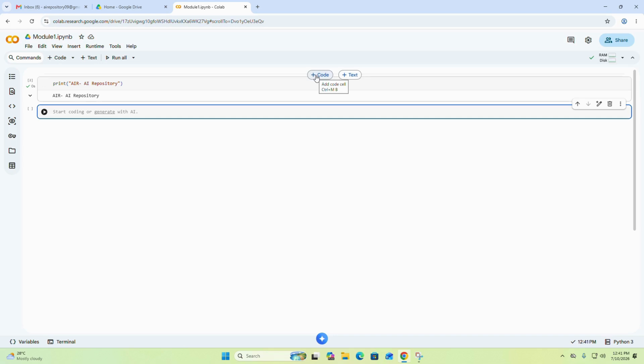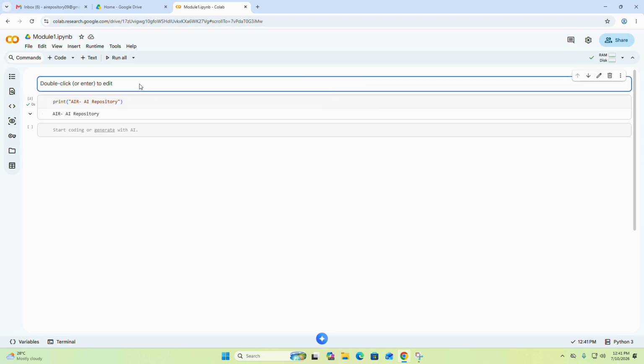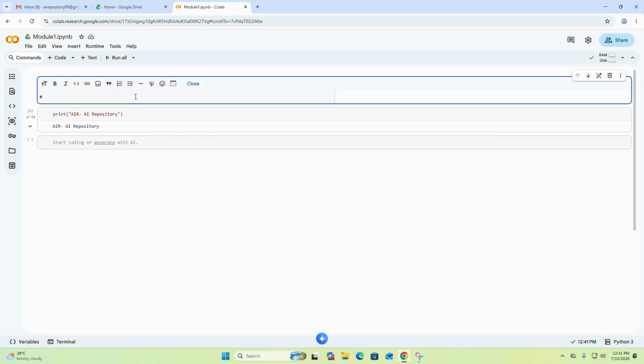Now if you want to add a code cell, the easiest way is you just move your cursor here on the current code cell and you just click on either the code cell or the text cell. What is this text cell? Text cell is basically if you want to write any kind of content here, like this, my